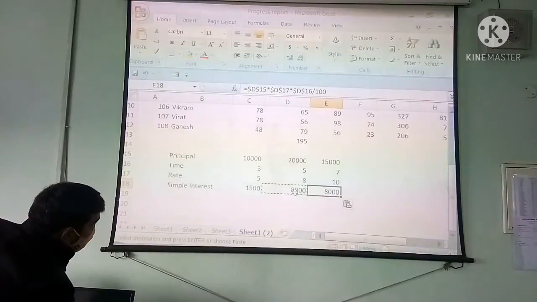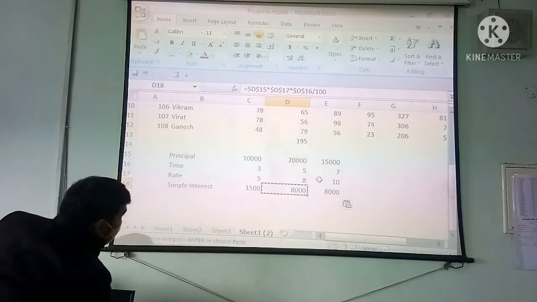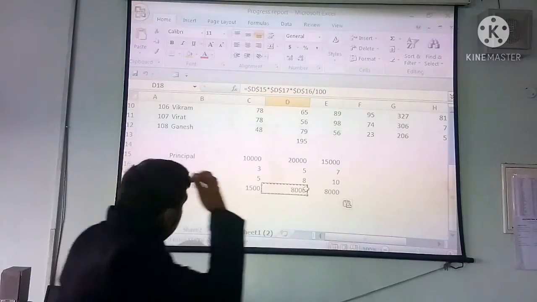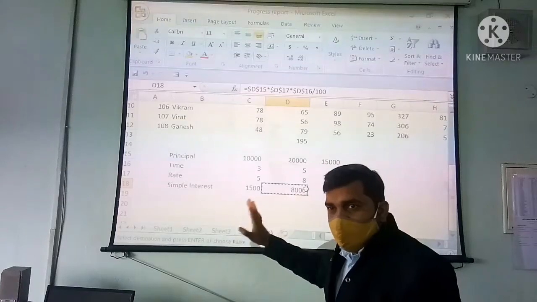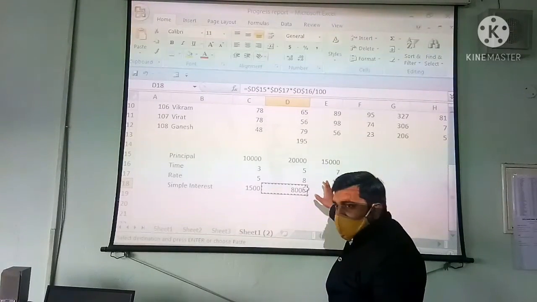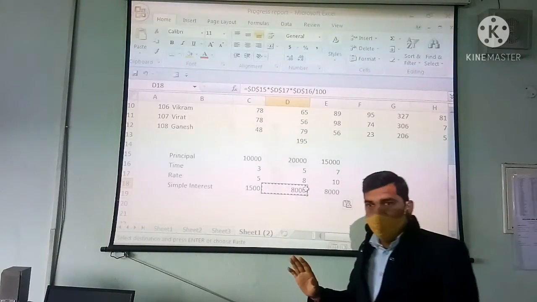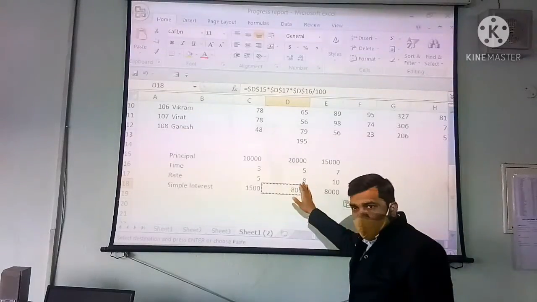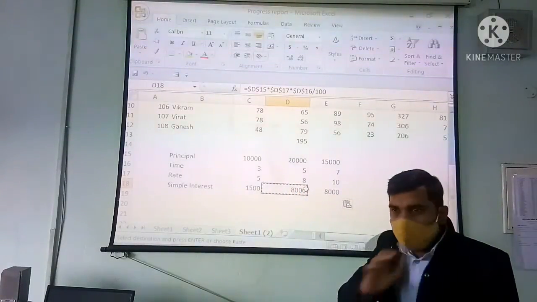Now, in the same formula which we have written here, what we are going to do? The rate we are taking, I will take the same formula, but I will make one change. The rate here I have written 7%, but this rate I want to take from the previous one only. The rate that we have taken as 10%, I want to take only 8%. Only the rate I want to keep constant. This rate I don't want to change. The value I have to change. So what do we have to do?